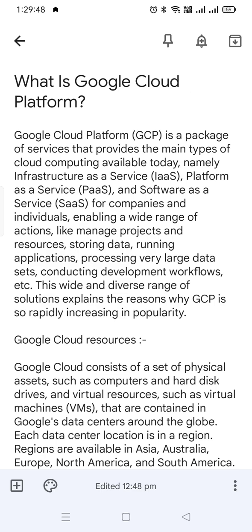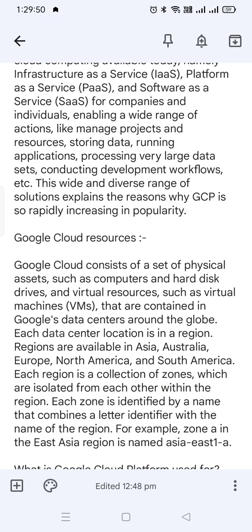in popularity. Now, Google Cloud resources. Google Cloud consists of a set of physical assets such as computers and hard disk drives, and virtual resources such as virtual machines that are contained in Google data centers around the globe. Each data center location is in a region. Regions are available in Asia, Australia, Europe, North America, and South America.